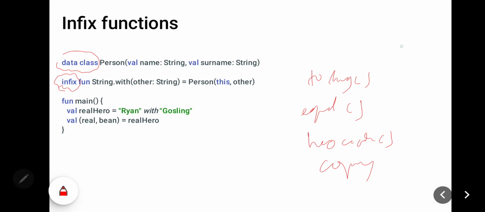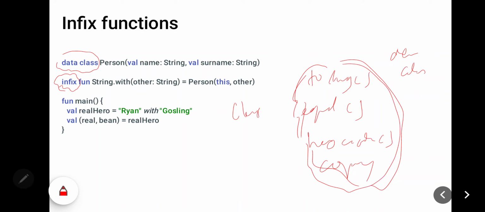And for data class, it has these functions automatically, but for class you have to write these functions and then insert them into your code. But for data class, it has these functions automatically.